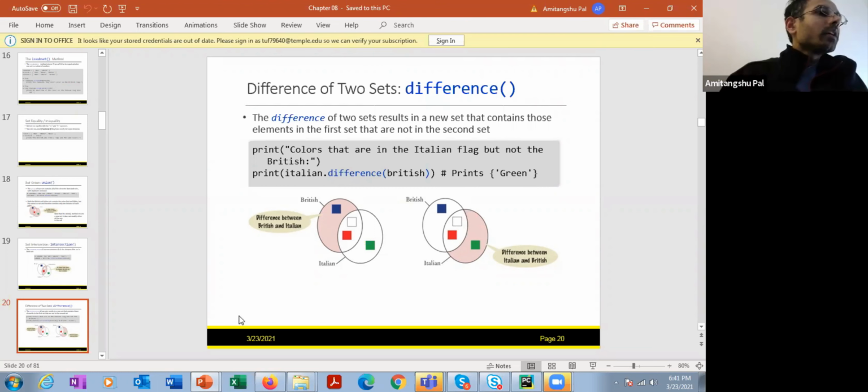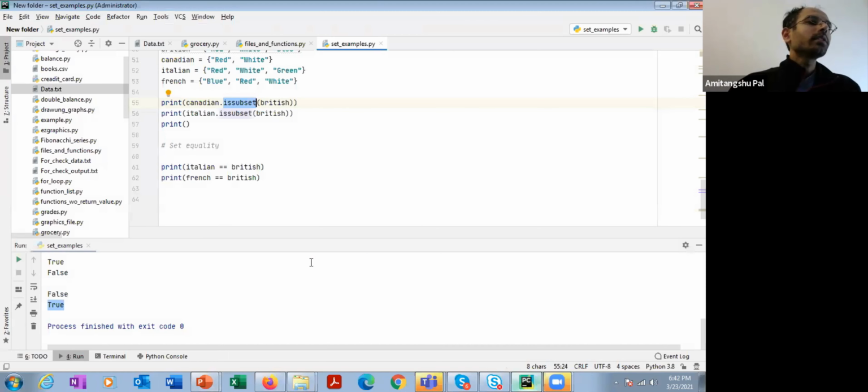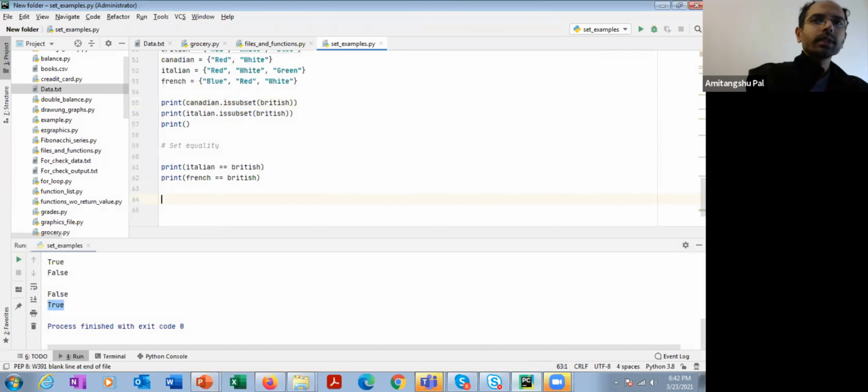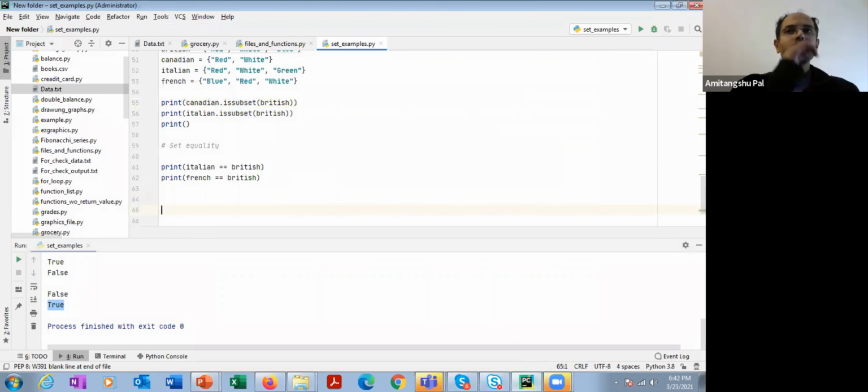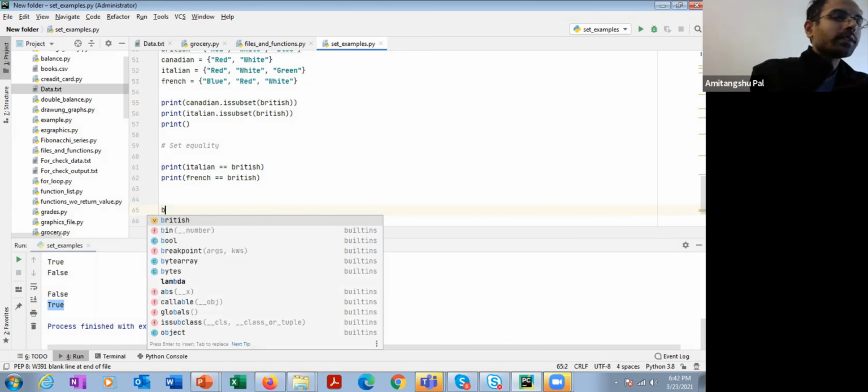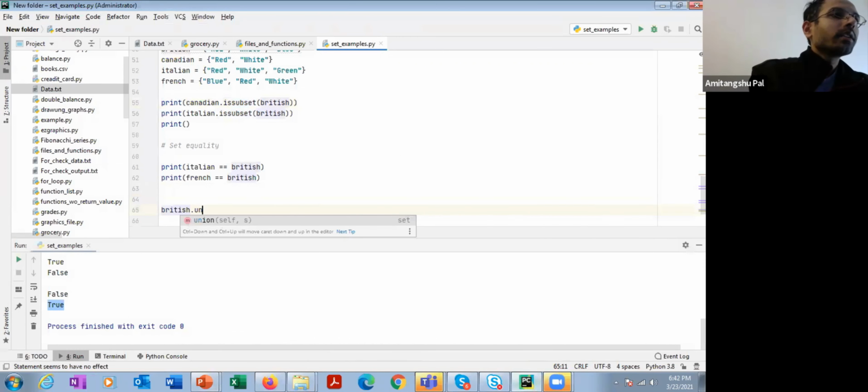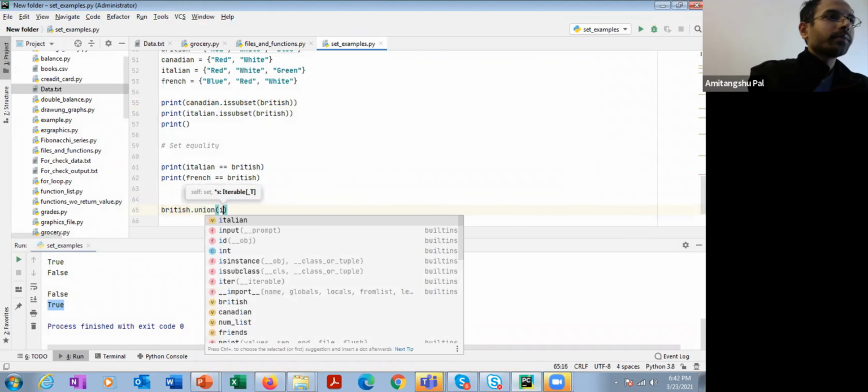All right. So these three operations, union, intersection, and set difference, are equally applied in mathematical set theory also. So let's see how we can use this in a program. Suppose I want to take the union of the set of colors in the British flag and the Italian flag.